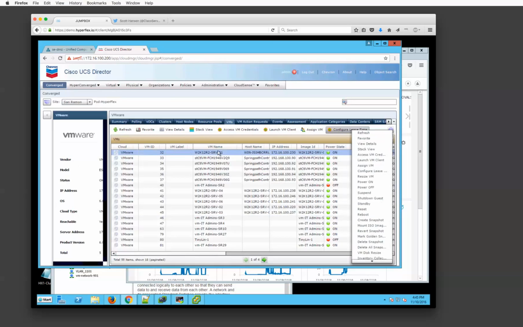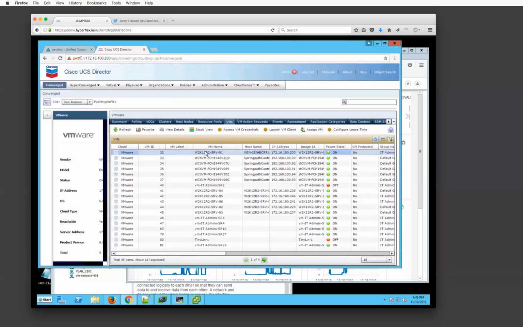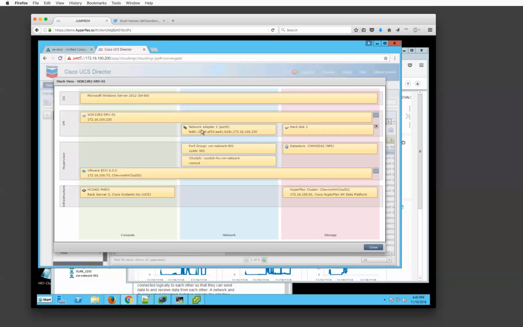One thing in here that I really like, we have this stack view. So this answers a pretty common question: what infrastructure is this particular VM touching? This view answers that question. So it goes from, what's the OS on it? What VM is it? Inside that VM, I've got virtual network adapters and virtual disks that are actually attached to physical equipment. So what is that? Hard disk one, what data store is that actually on? Oh, okay. Well, what physical